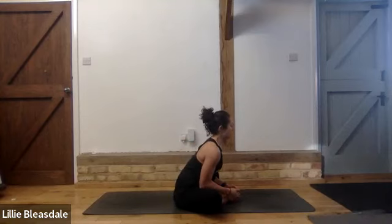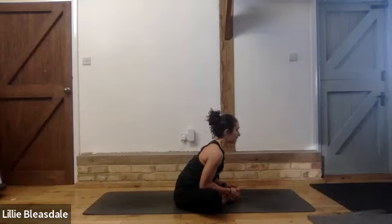Keep that space all the way down the spine. Length all the way down the back. Open through the front of the chest. Maybe this time your elbows are coming a bit closer to the legs, so you can press them down a little bit. Find that extra,